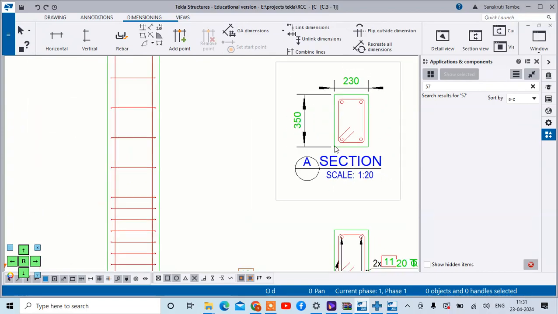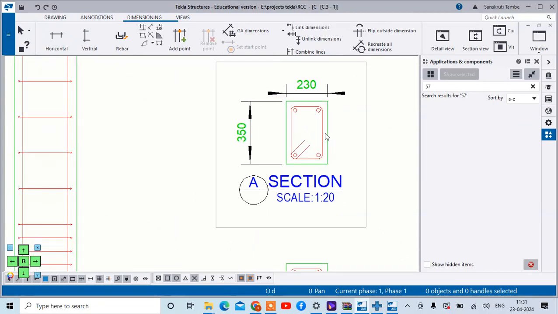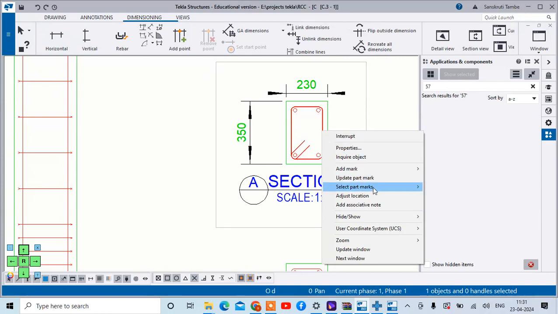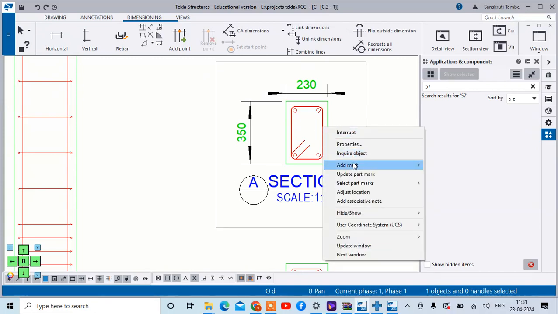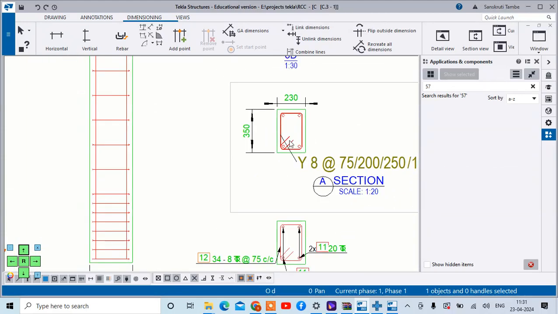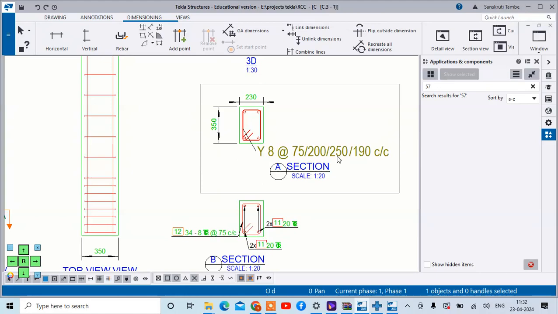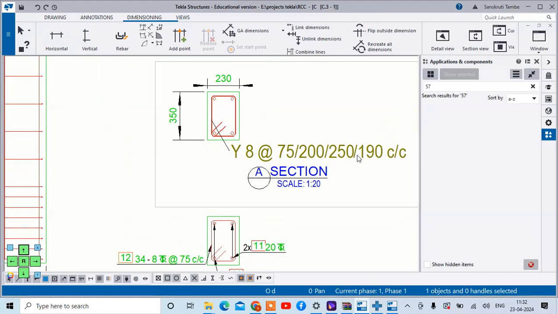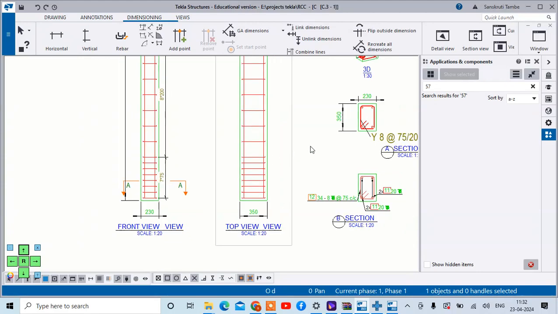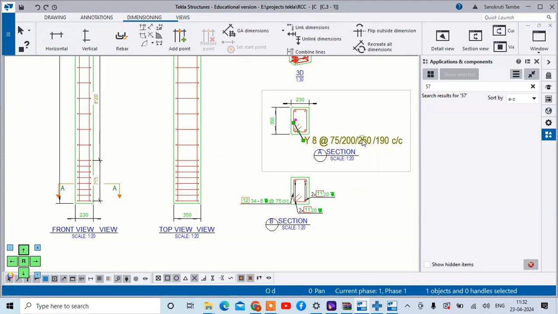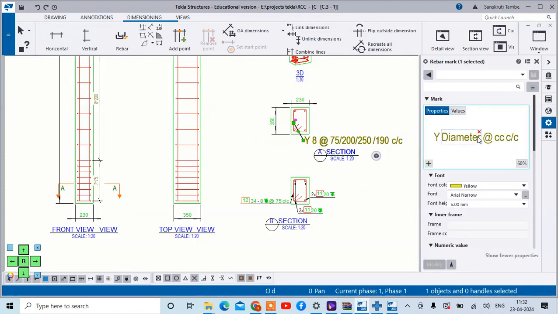Then here you can add the reinforcement detail also, just add the part mark, okay, like here 75, 200, 250, 190. So here at this position 75 mm center to center distance is there, so you can just edit this